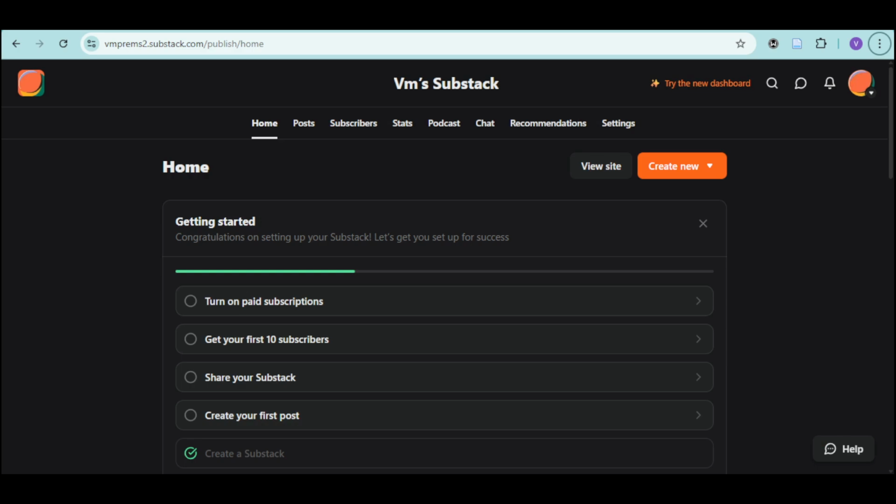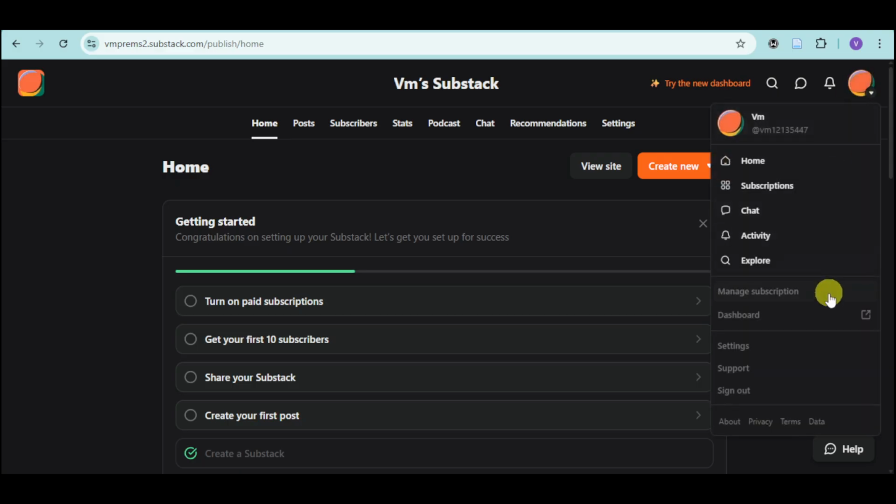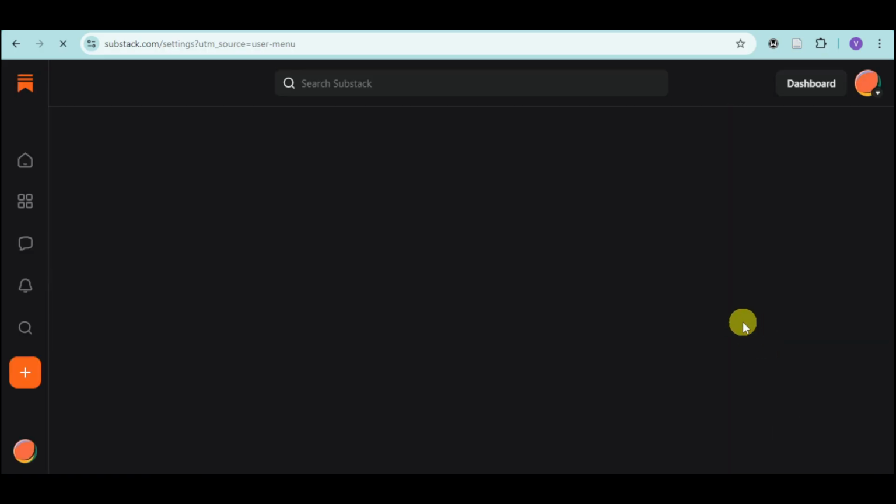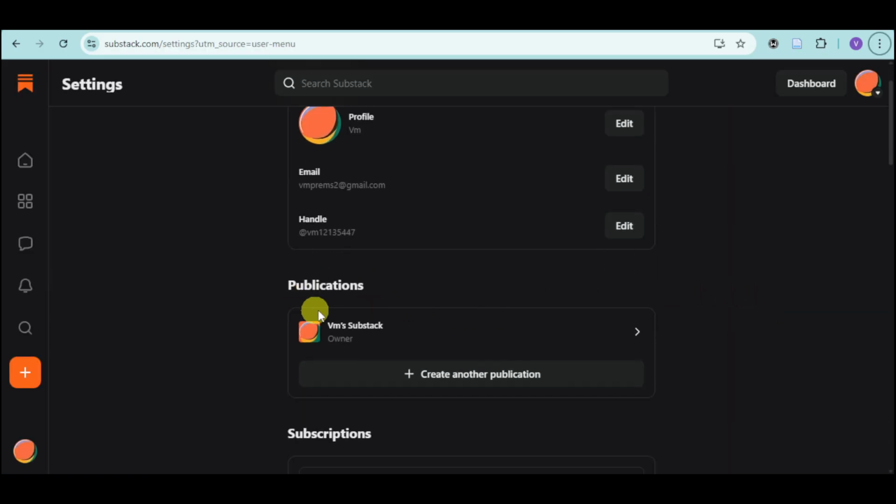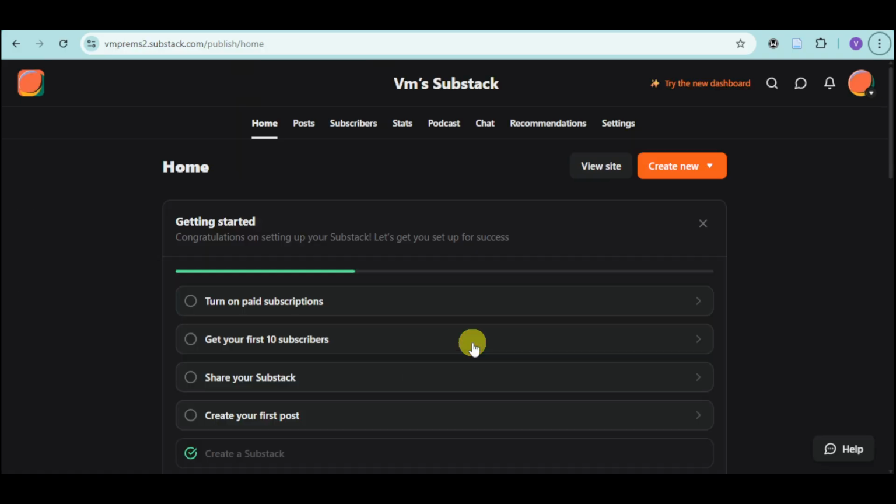From here, you just have to go to your profile icon or publication name right here on the upper right corner, and then scroll down until you see settings. You just have to click on this and scroll down again until you see publication. You just have to go to the publication you have and wait for it. Once it's loaded, you just have to go to the upper part of your publication and